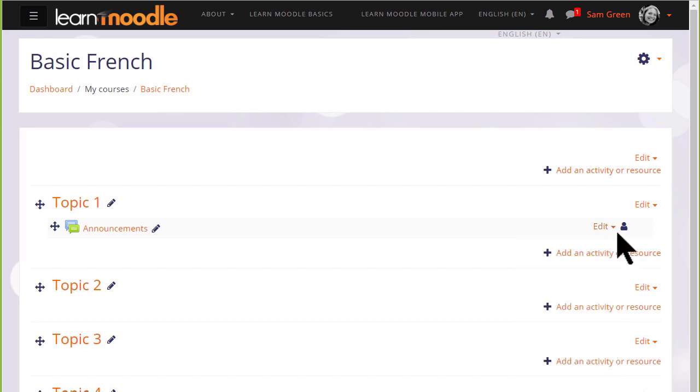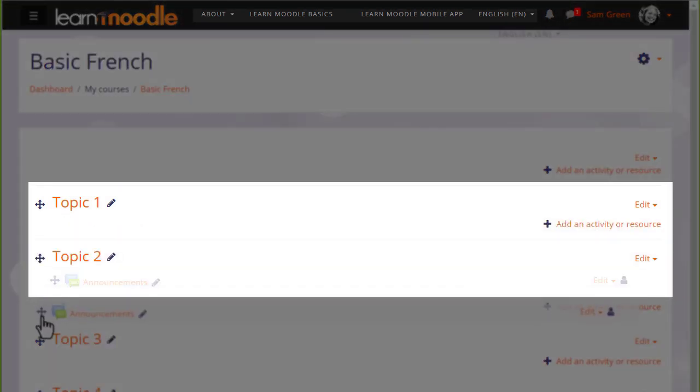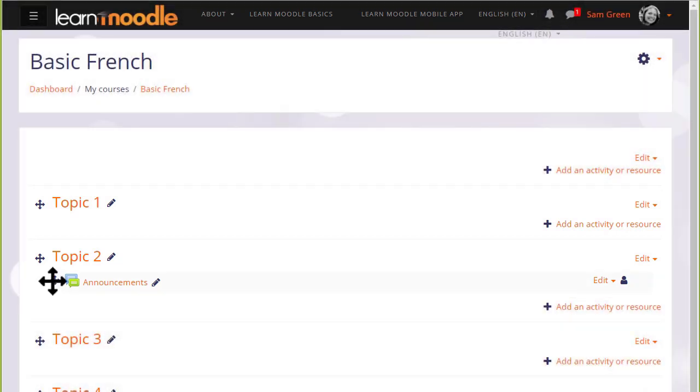deleting, etc. There is an announcement forum here, and if I wish to move it into a different section, I click the crosshairs icon and I can move it by dragging and dropping. If you aren't able to move by dragging and dropping, then ask your administrator to check your browser settings and